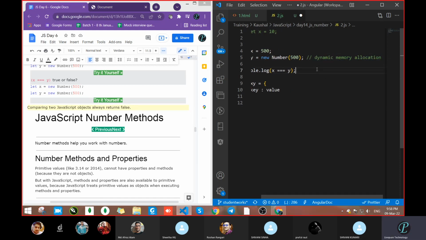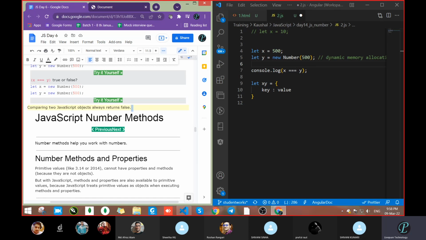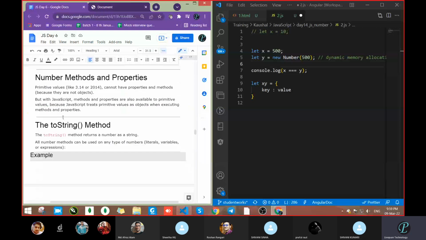They do not hold the actual value; memory is allocated dynamically. We will learn this slowly in the upcoming sessions, how memory is allocated and all these things. But if we discuss it now, you will get confused. So up to now, we looked over the different methods of a string. Now we looked over how to create a number. Tomorrow we will look at the different methods of number. Anyone having any issue? Now tell me.